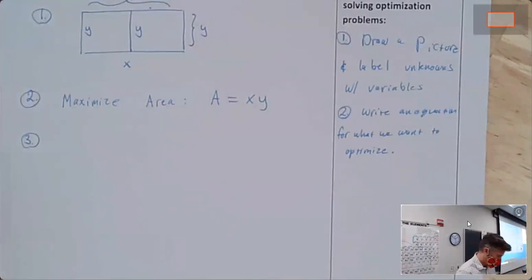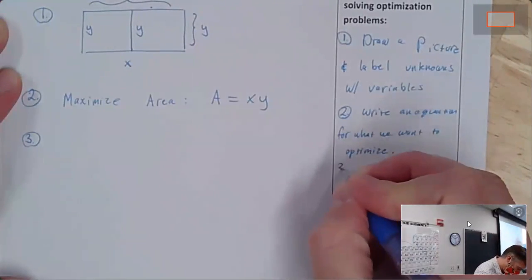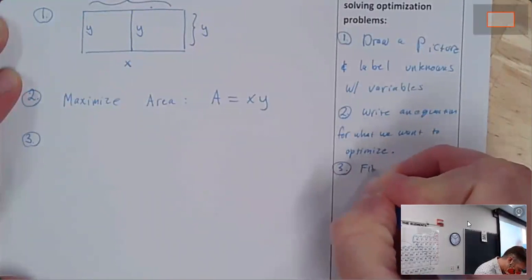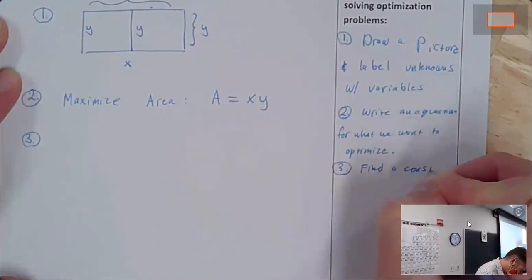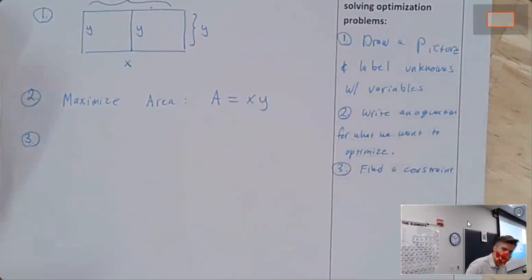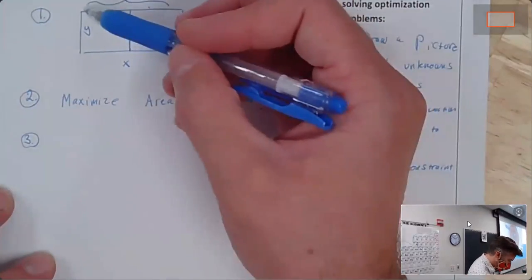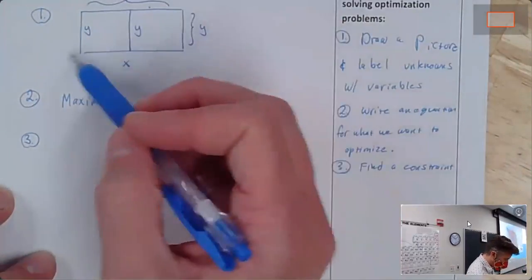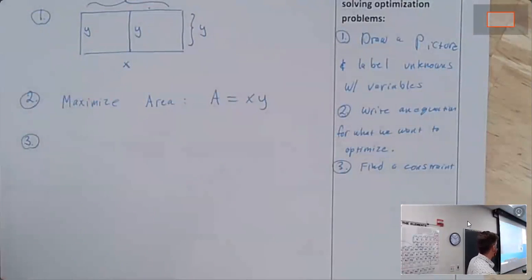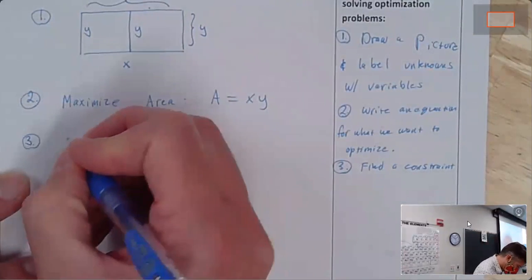Cool. So we need a constraint. The constraint is just some limiting piece of information. We know that the farmer only has 120 feet of fence to use. So all of the sides of the fence have to add up to 120 or less, but we really should use all of the fence if we're trying to get the most area possible. So our constraint here